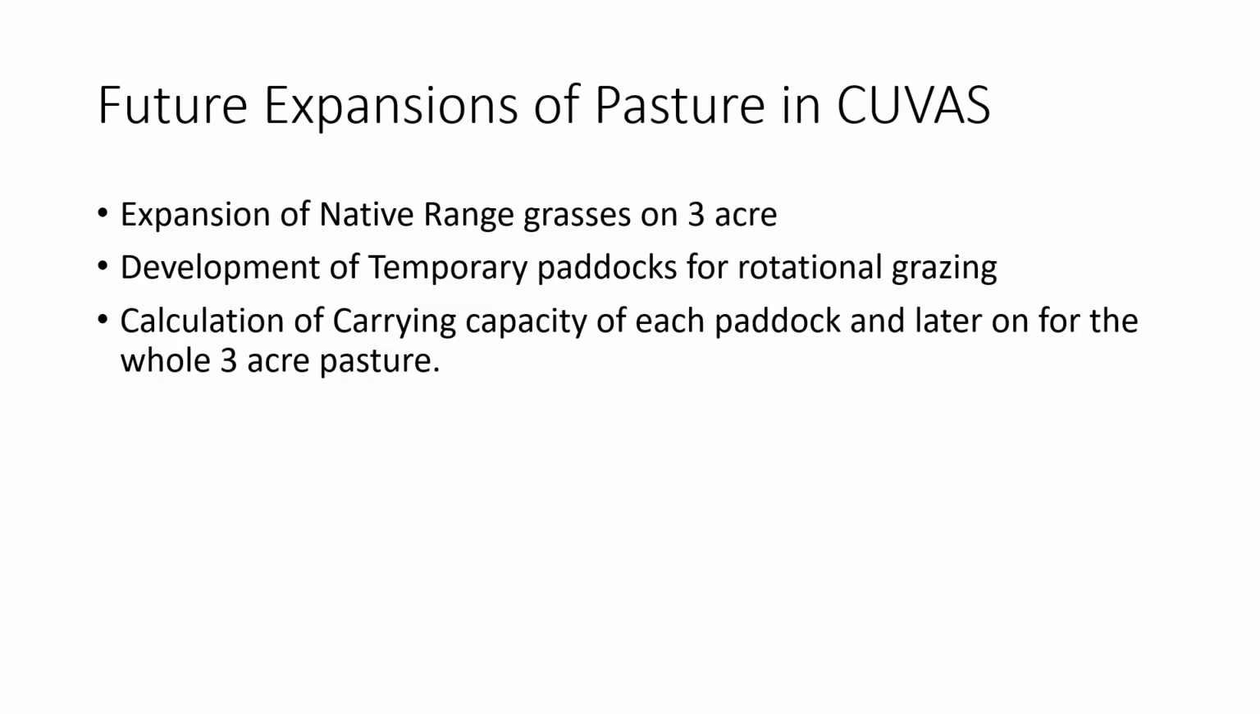So we have goals that we would employ in the future. That is the expansion of native range grasses to 3 acres. We have done it to 2 acres, but we will also increase it. Development of temporary paddocks, and we will also employ rotational grazing with temporary paddocks. We will calculate the carrying capacity of each paddock, and then for the whole 3